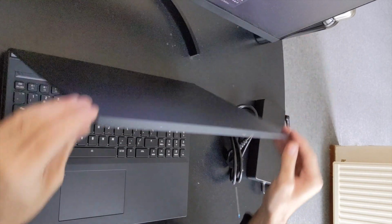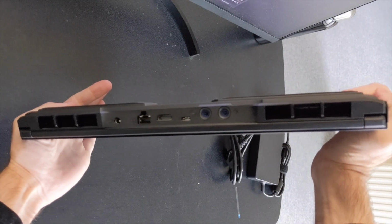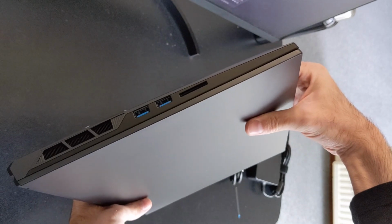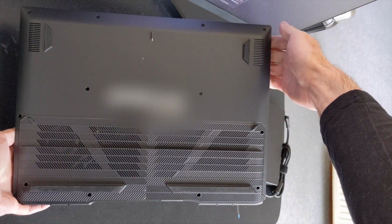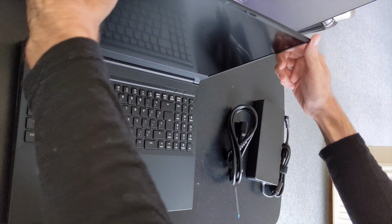Okay, so yeah. So basically here is the laptop. Here's the back side, the left side, and the right side. The front. And this is the bottom, or like, yeah, the bottom side. And yeah, so it looks great. I think,